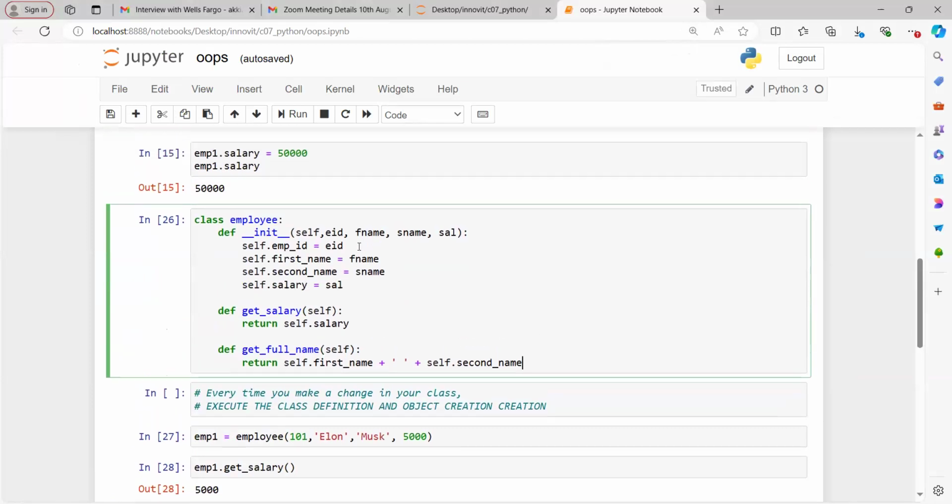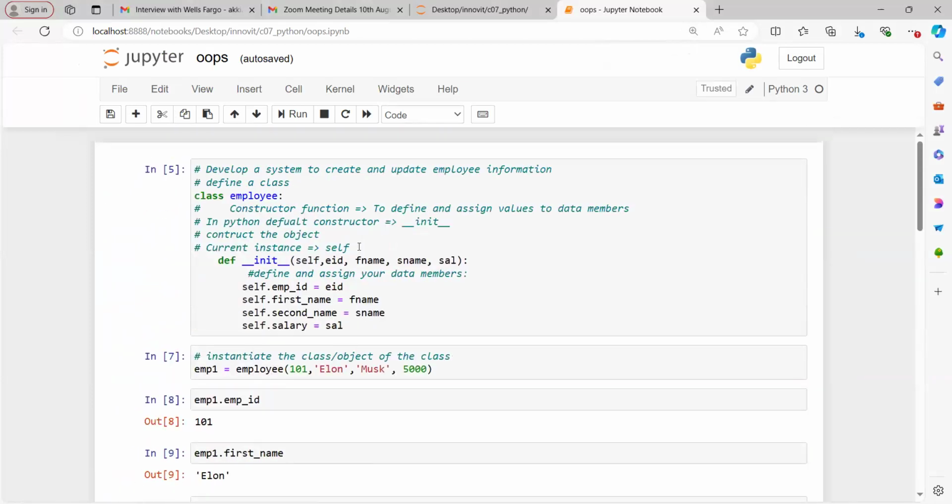So a quick revision on class. We are going to define our custom classes. A custom class is nothing but a blueprint or an architecture, and it consists of different functions and your constructor function. Your constructor function is used to define and assign values to your data members. In Python, the default